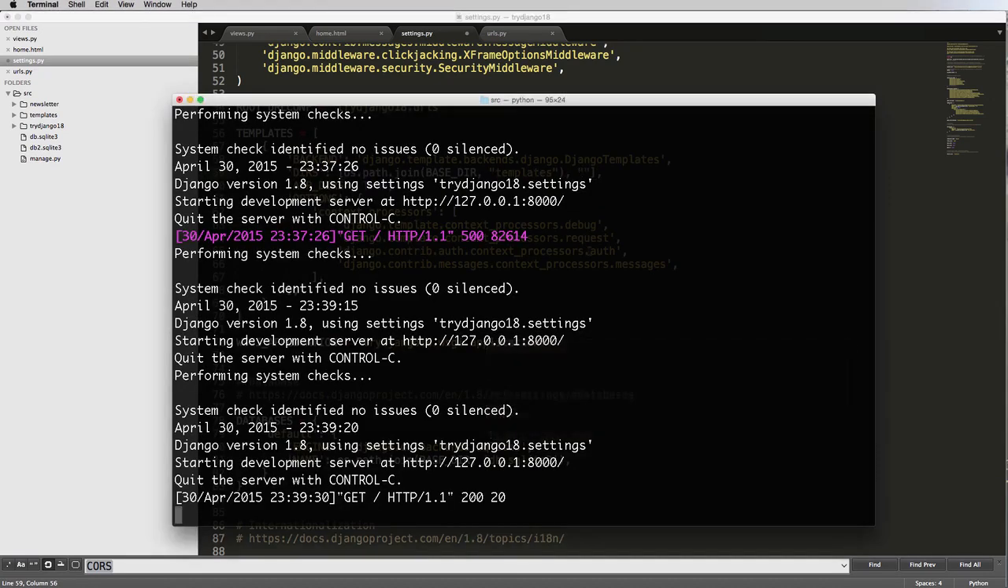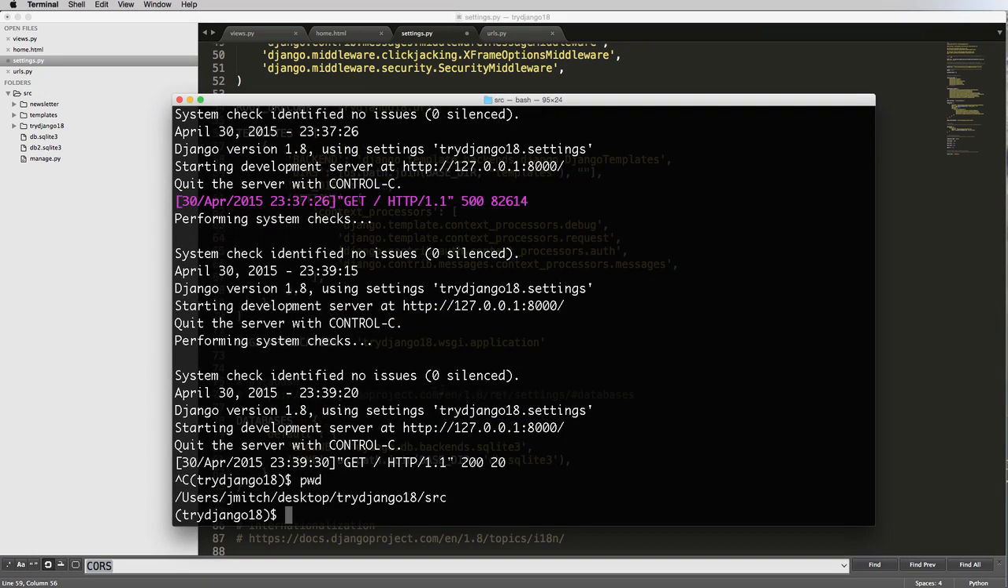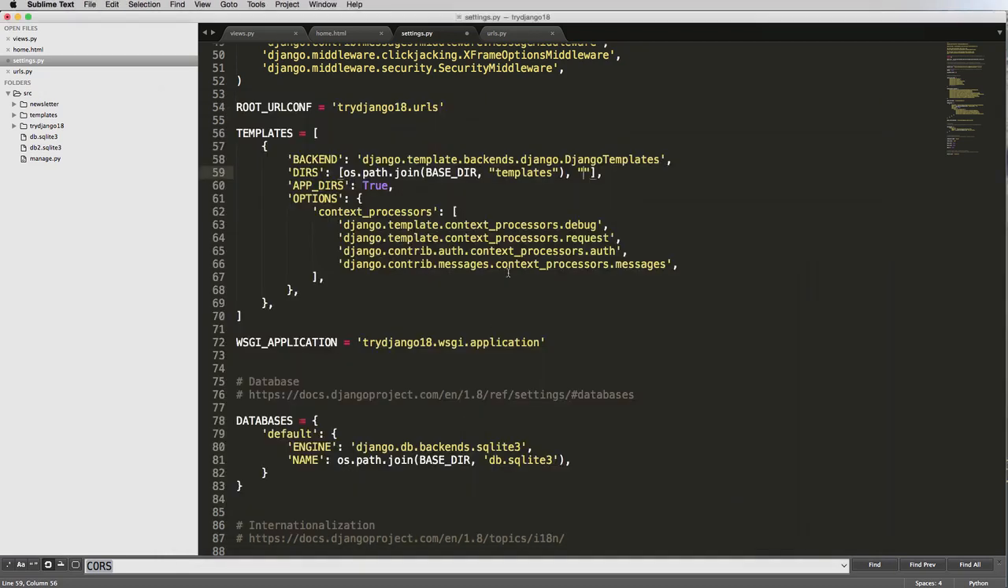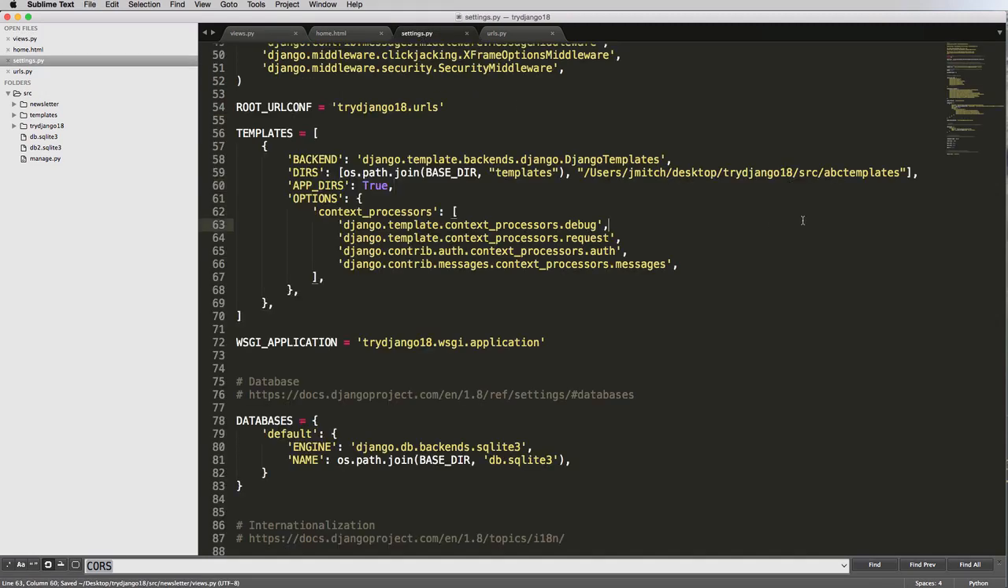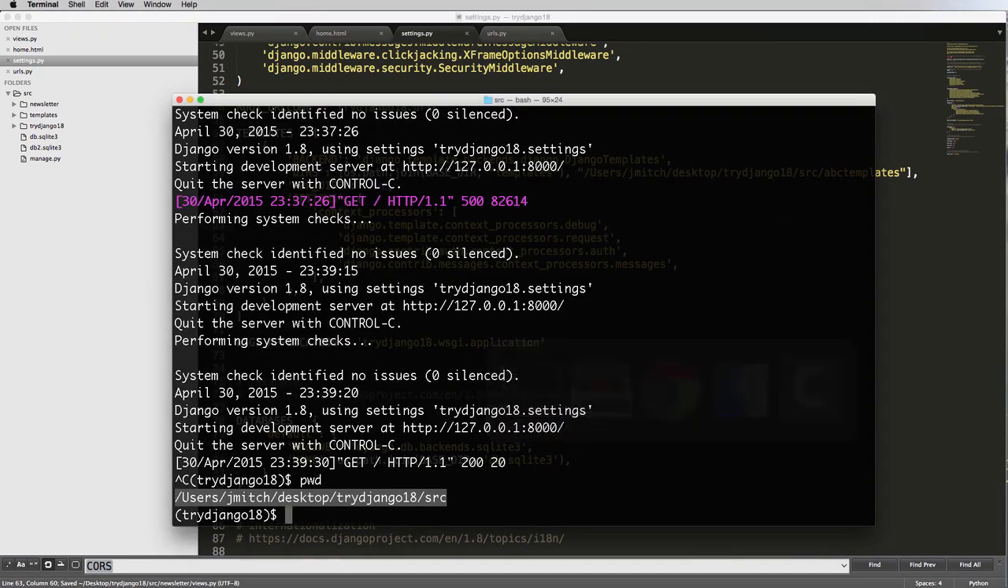So let's go ahead and open up terminal. I'm going to close it out and do pwd. Notice this is a path to the Django root, and I can put this path in here. So let's say I put this path in here, and I'll say ABC templates. And now I'm going to change my view. I'll just change it to home2 because we don't have home2. So now if I go back and run the server again,